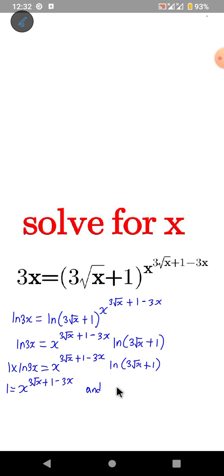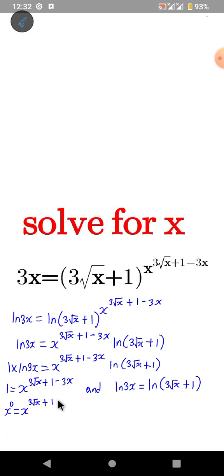And also this ln 3x is also equal to ln open bracket 3 root x plus 1. So I compare both sides. This one here is equal to this, and this ln 3x is also equal to ln this. Then my next step will be to write this one as x raised to the power of 0. So this one can be written as x raised to the power of 0 equal to x raised to the power of 3 root x